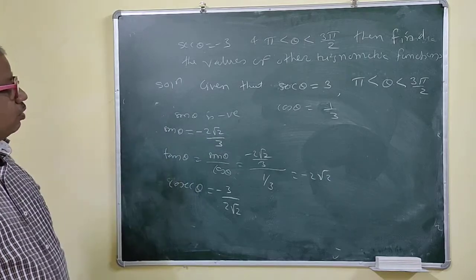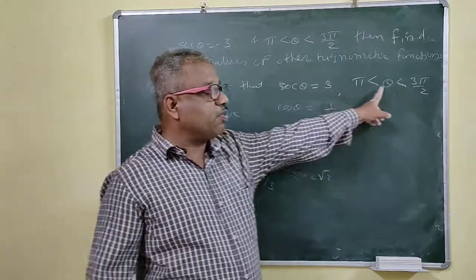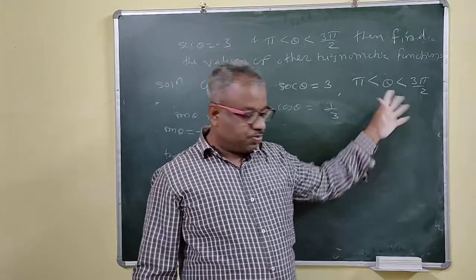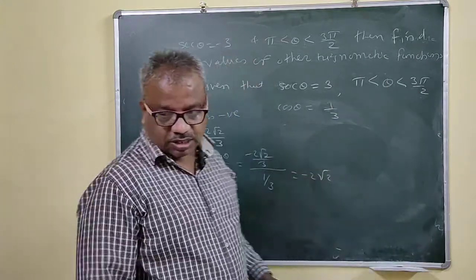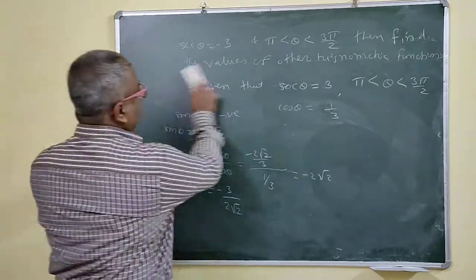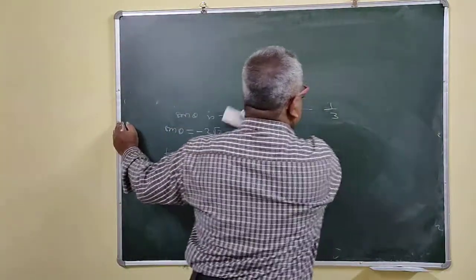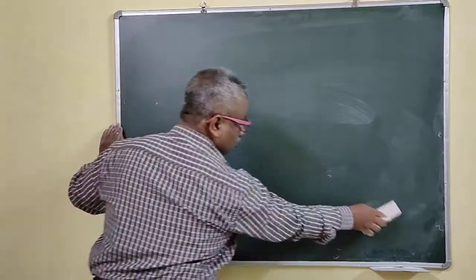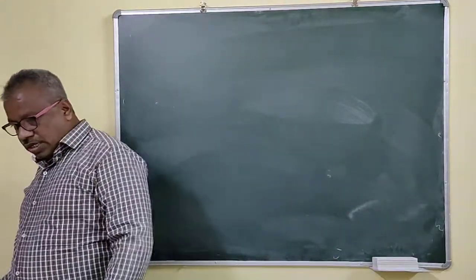Right? So now see that this is very important here. With the help of this one we get an exact value of this one. Otherwise, what? This or this. Right? Okay, now we take the next one.